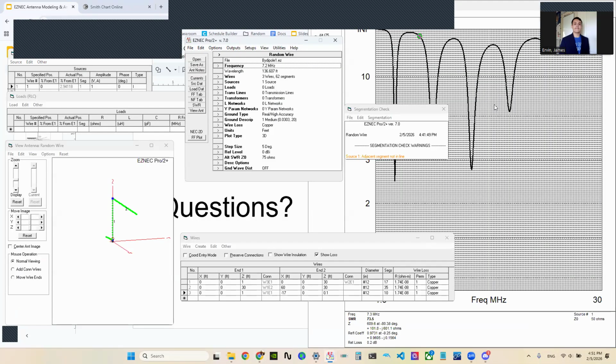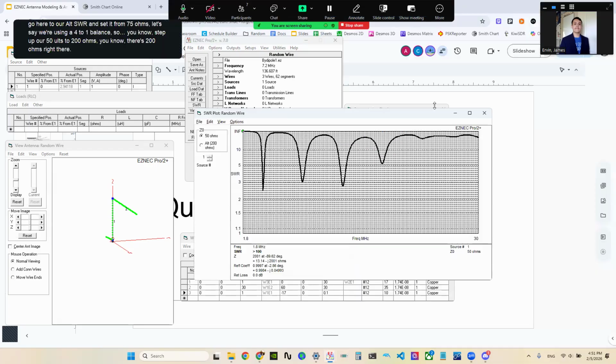So how many of y'all here have heard of balun transformers? Like a 4-to-1 balun, like a 1-to-1, 2-to-1, you know? Okay, that's general class stuff, but that's fine. You can actually model that pretty quickly. So if we go here to our alt SWR and set it from 75 ohms, let's say we're using a 4-to-1 balun. So, step up our 50 ohms to 200 ohms, there's 200 ohms right there. And if we go back here to our